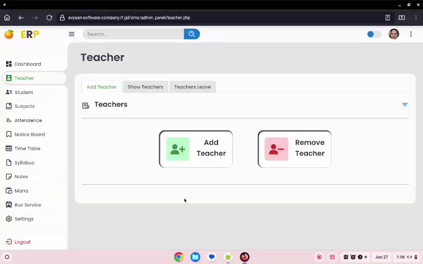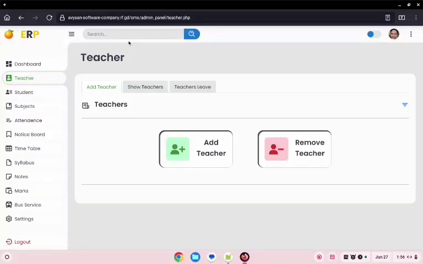But we can also add a feature of adding and removing a teacher so that you can add a new teacher or remove a teacher for future references, because you can use the software without our interaction. That is the main purpose. You can easily use the software without our involvement,